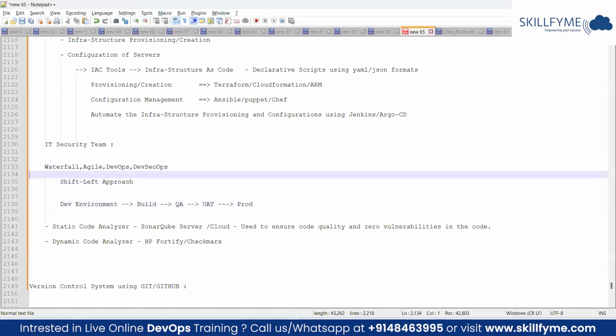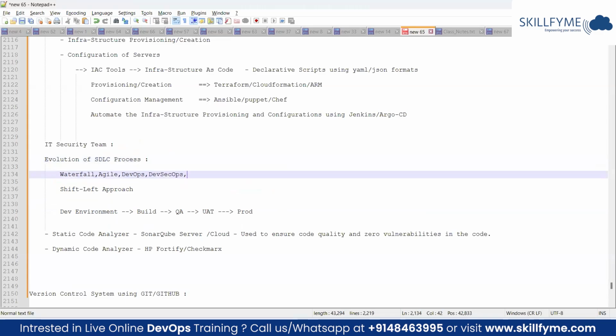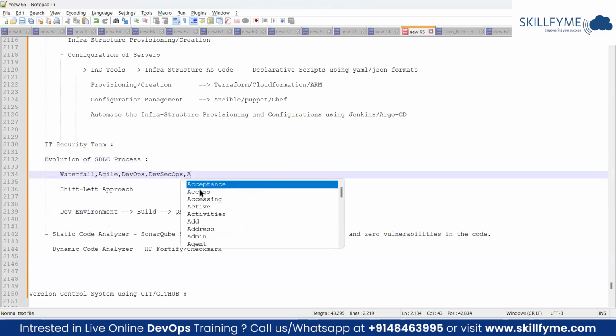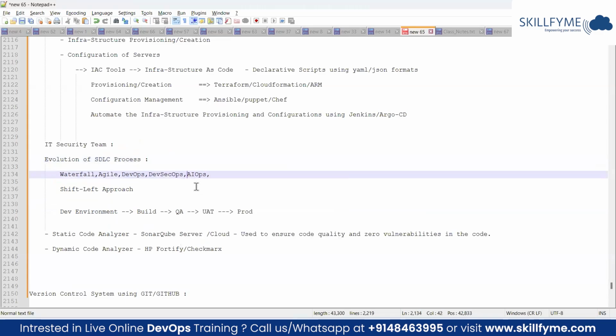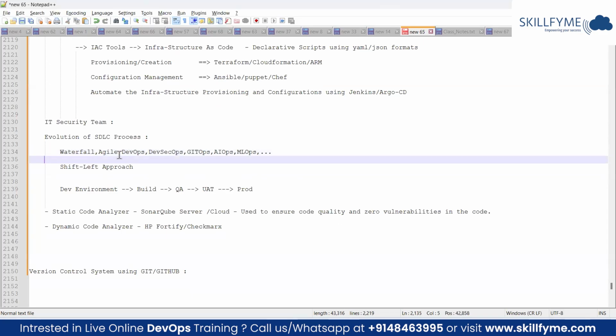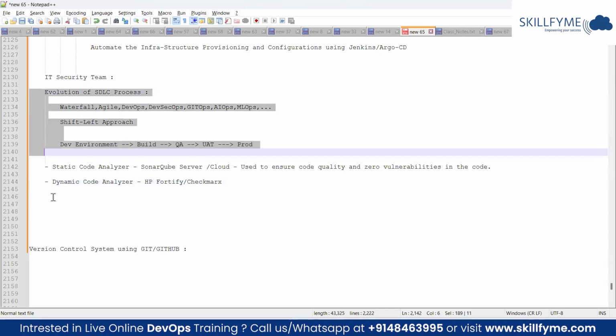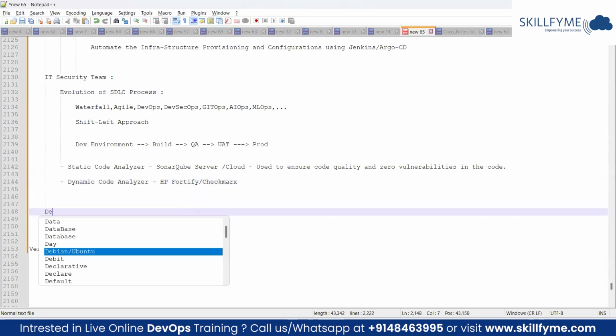It's a kind of evolution, actually. We can say it is an evolution of the software development strategy, of SDLC. And not only DevOps, we have a lot of things. We have something called AIOps, and even before AIOps, GitOps. We have something called MLOps. So it is not just about build and deployment. We have a lot of things in place and lots of opportunities to work. All of these come under the DevOps engineering scope, and we are responsible for implementing them one by one. So as part of this, you need to be very clear about the DevOps lifecycle.